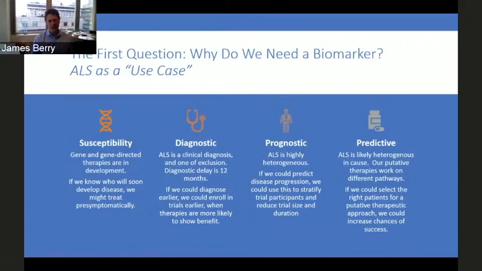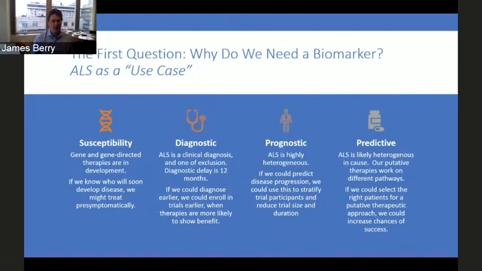Diagnostic biomarkers seem very straightforward. In ALS, it's really still a clinical diagnosis and one of exclusion at that, so the diagnostic delay is about 12 months. If we could diagnose earlier, we could then potentially enroll in trials earlier when therapies are more likely to show benefit. In other diseases like Alzheimer's disease, actually diagnostic biomarkers are important because a substantial portion of people